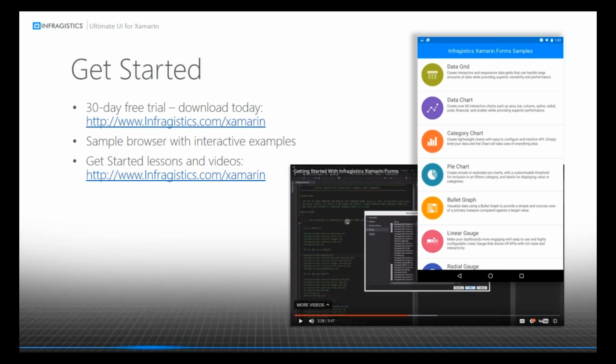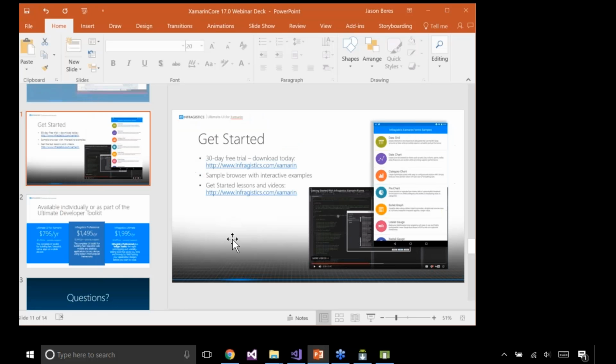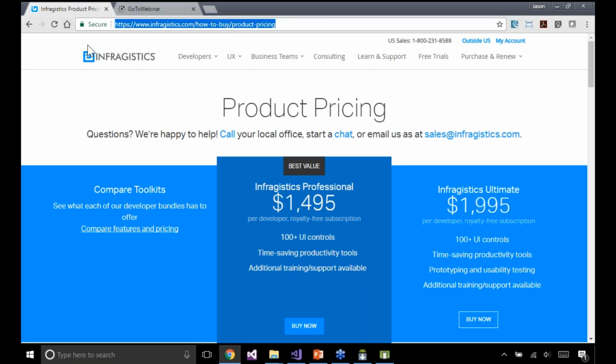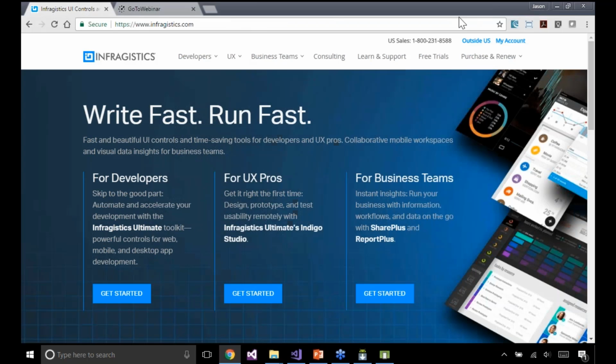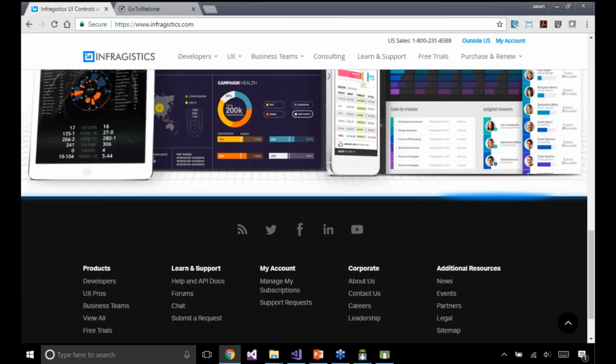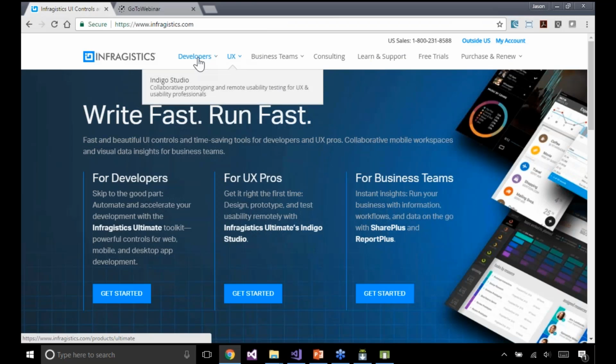So one thing that I want to highlight really quick is, let me hit escape here and open up the web browser and go to the home page. Infragistics today, we relaunched our website. It's really slick. It's really beautiful. All kinds of good stuff. But one of the things I want to highlight on the